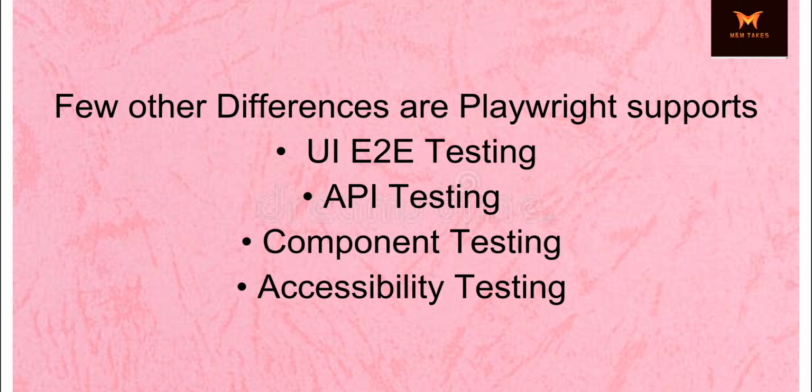For example, when you use Selenium with Java, you have to use Rest Assured. With Python, requests. With C sharp, you have to use RestSharp. Coming to JavaScript, you have to use Axios or Fetch, Supertest, etc. As I said, Playwright does not require any extra tools like Postman or Rest Assured to test APIs